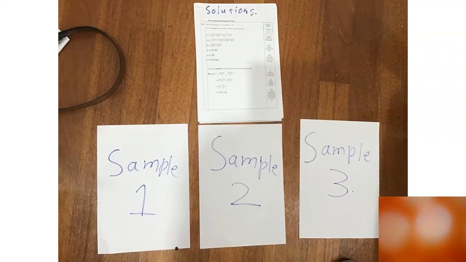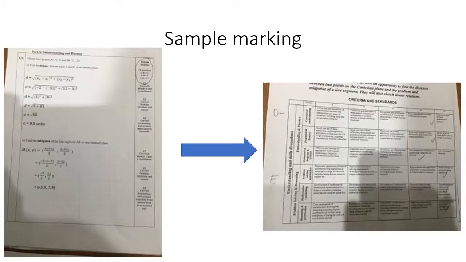For this piece of summative assessment, we were each given the same sample responses from 3 different students, as well as an annotated solution sheet to assist the marking process. Using this solution sheet and having an understanding of the criteria, I was able to assign a grade to each question. From this, I could make judgment calls to assign grades to each criteria strand, and from this, I get an overall grade for understanding and fluency and problem solving and reasoning.